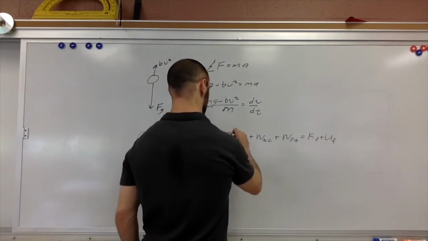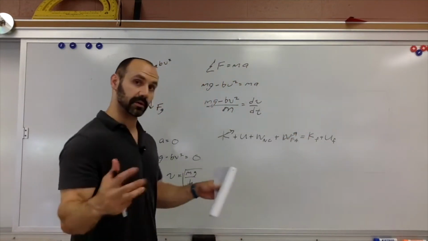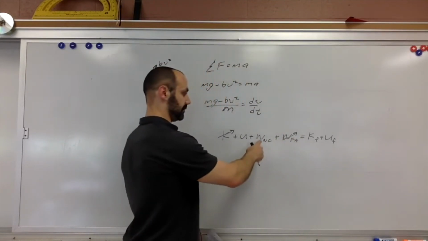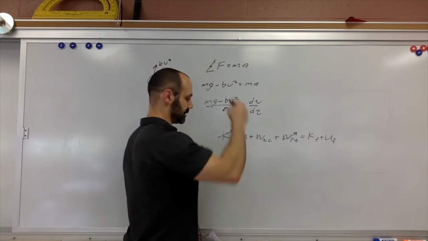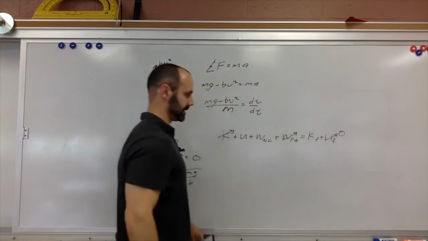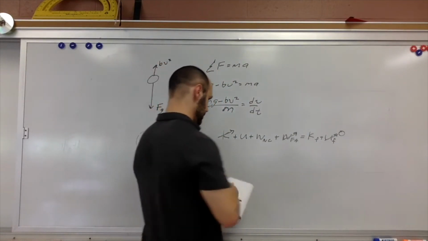So initially there's no kinetic energy, there's no work done by outside forces, Earth is part of the system so that's in here. And then there's work done by non-conservative forces, that's what we're looking for because that's what the air resistance is. And then when it hits the ground, there's no more potential energy. So what is our potential energy? It's dropped from height h, so this is mgh,